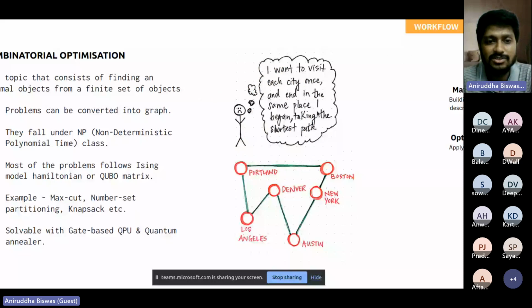So let's start talking about the other part of it. Let's now understand the workflow of a quantum optimization solver. Today's talk is mainly about how to formulate a problem for quantum optimization so that a quantum algorithm can solve it, right? As the title mentioned, the same thing. There are mainly 5 stages of it, as I have mentioned here.